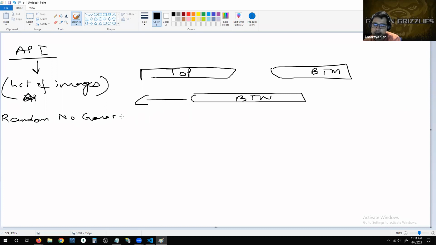This button will activate the random number generator, which will generate a value from 1 to the total number of images that we have grabbed. So let's say if it is 100, this n is going to be 100. Whenever this button is clicked, we will generate a random number, and then from the list of images, which could be in the form of an array, we are going to grab that particular index